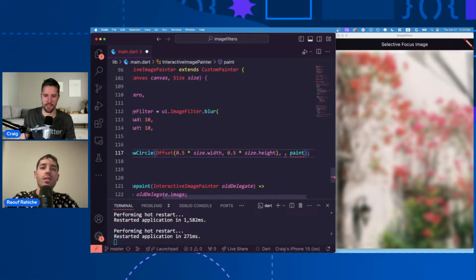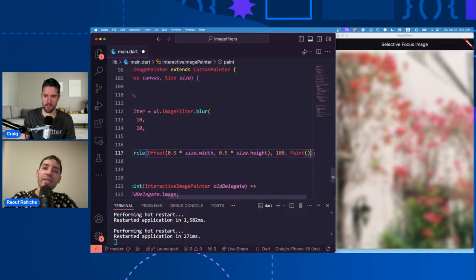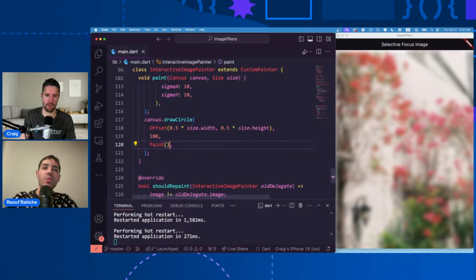All right. So the next thing was the radius, and we just give it some amount of random pixels. Let's start with one. And then for the paint, we're going to create a paint object that will have a shader. Obviously, we'll use one of the Flutter shaders. We're not going to create a new one. So how we create one is using gradients, like